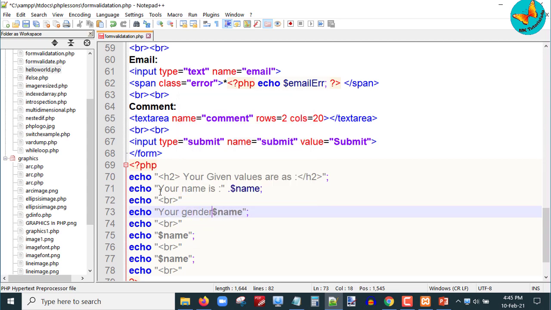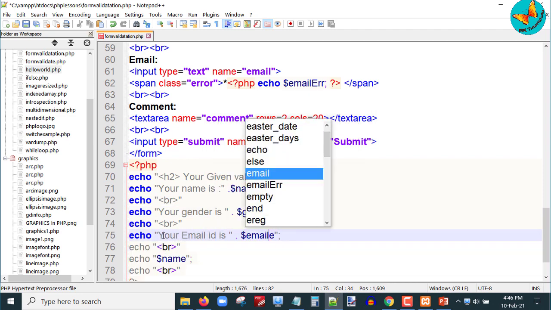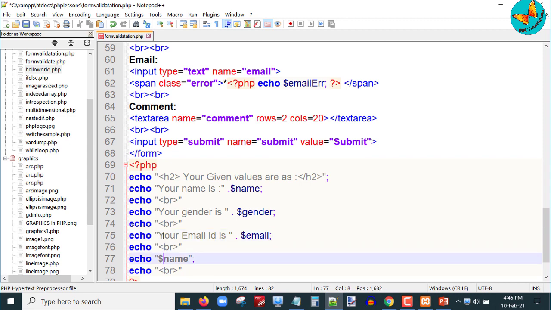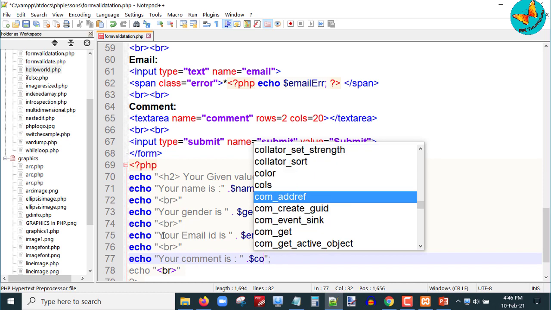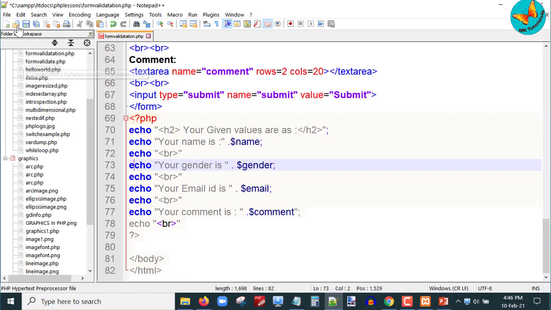Remember, whatever values the user has filled in the HTML form, I have already stored within some variables. So I'll just echo $name, echo $gender, echo $email, echo $comment. And remember, you can add here some text if you want to display, and just close this PHP tag.